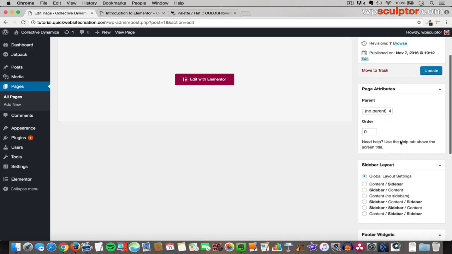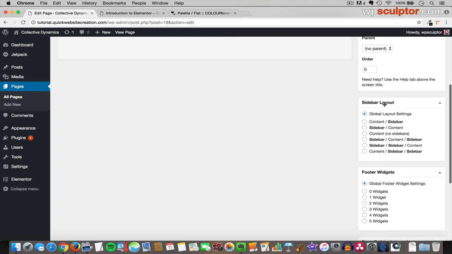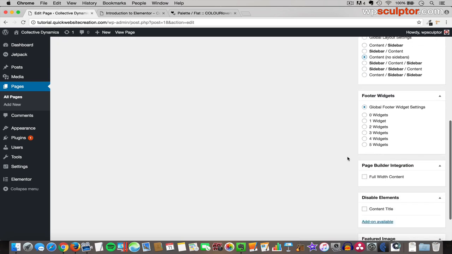And then scroll down here on the right, we're looking for the sidebar layout section, and notice by default it's set to the global layout settings. And what this is referring to is our sidebar widget area, and we don't want to have a sidebar widget area at all. We want to be able to completely customize everything with Elementor. So we're going to select the Content No Sidebars option, so just check that,